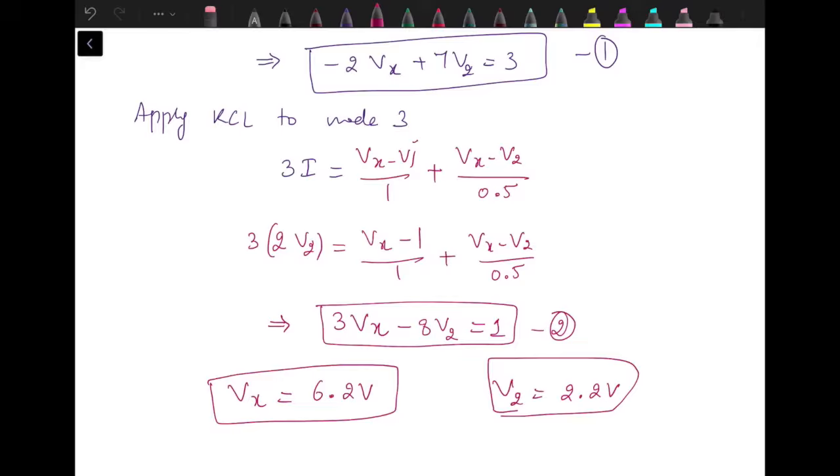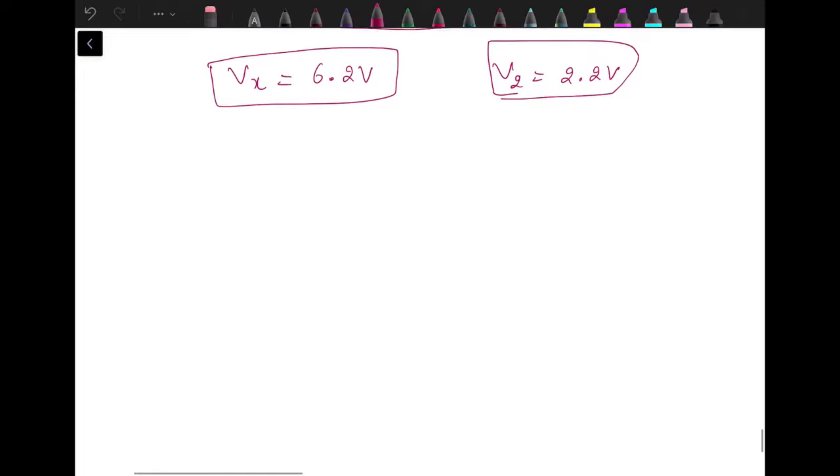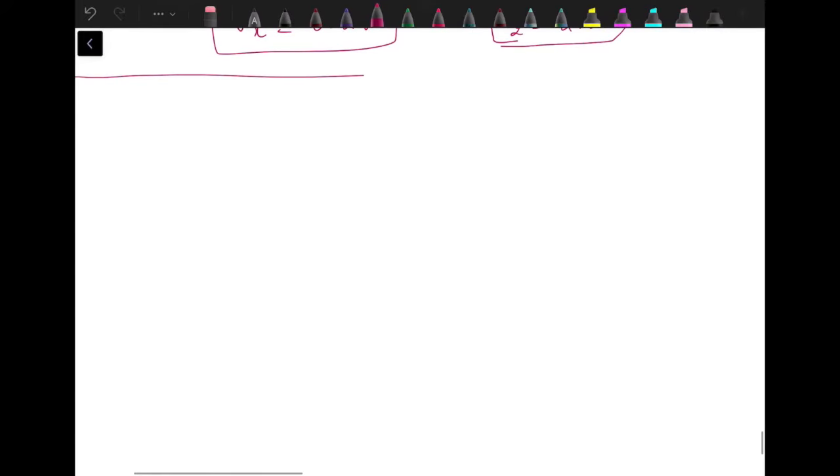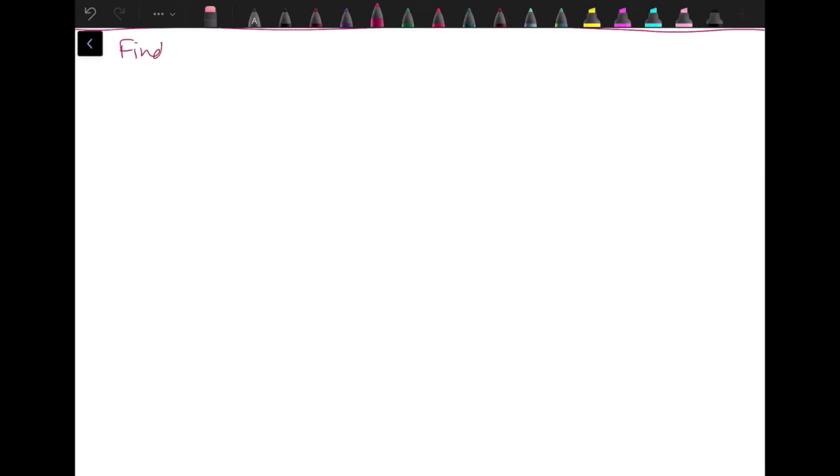Now coming to the last problem where we have a dependent source and the concept of supernode is also used. Question is: find the voltage V2 in the network shown. The network is